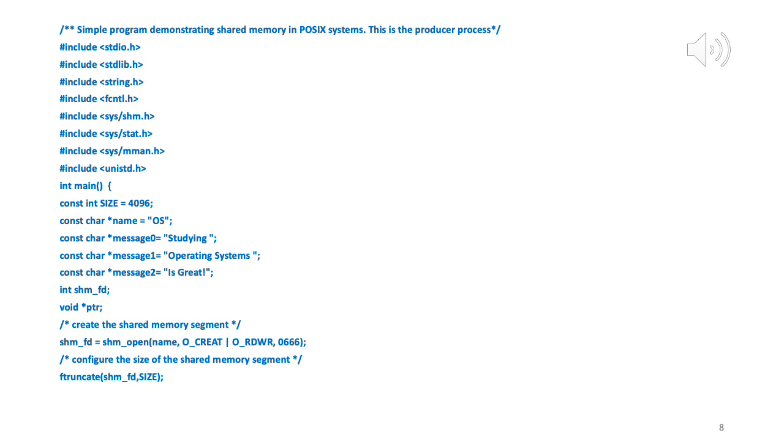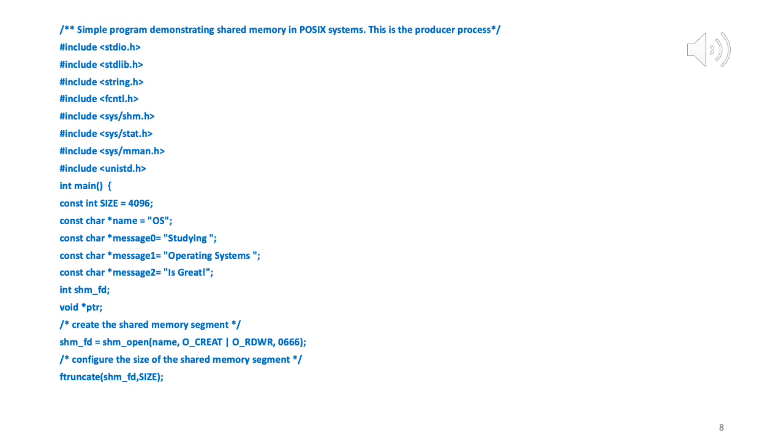So first, the system call to create the shared memory object. shm_fd is shm_open, name, O_CREAT, read write, 0666. So if successful, this will create the shared memory object. Note that we are not doing any testing here. If shm_open is not successful, then it will return some error value. So we're not doing that error checking over here. Generally it returns a file descriptor, so it will be some integer value. So maybe you can check for -1 or something like that. So we are not doing it, but we should.